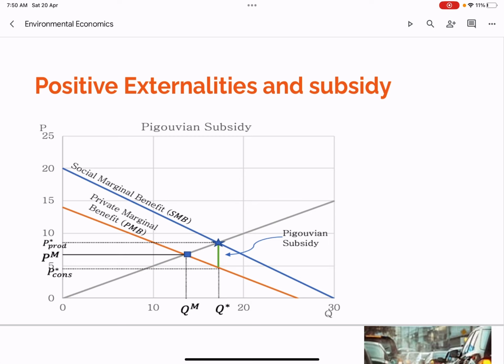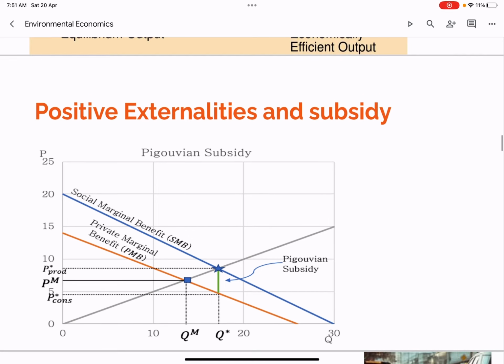You see that the orange curve shifts to a blue curve, and that shifting has to be equal to the Pigouvian subsidy, right? The vertical gap between the social marginal benefit and private benefit curves is equal to the Pigouvian subsidy. Why is it called a Pigouvian subsidy? Because it is the government intervention in order to shift the curve from the private benefit to the social benefit,